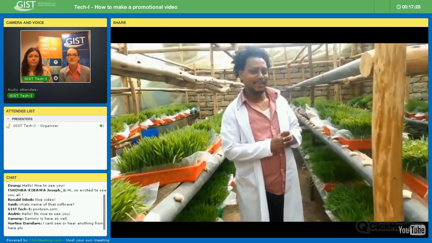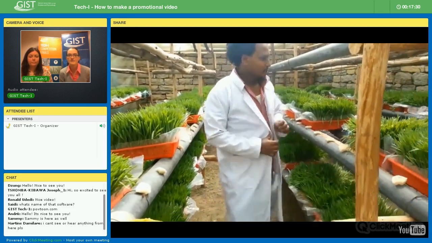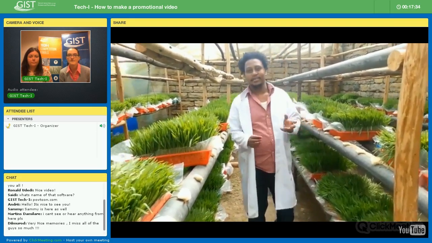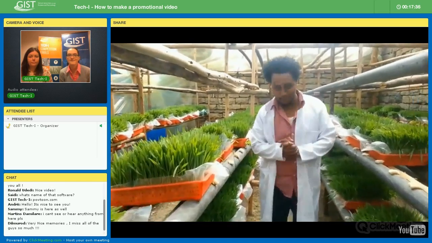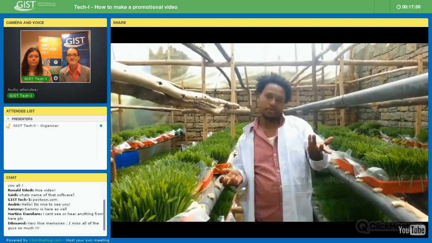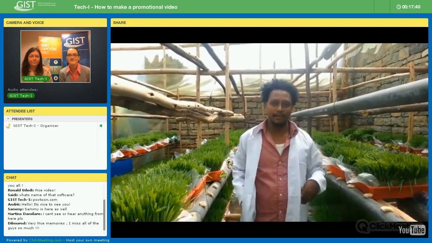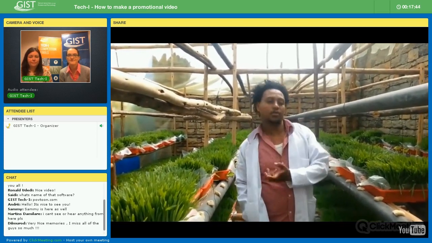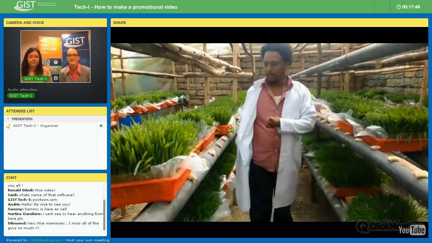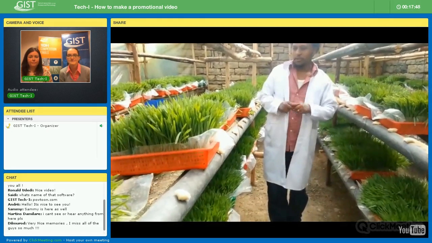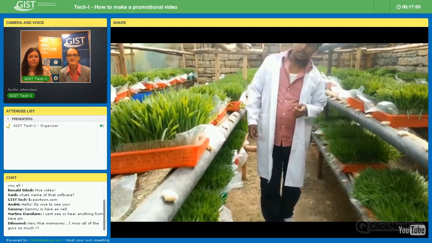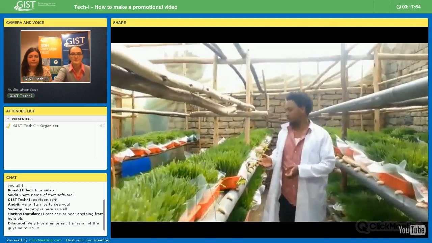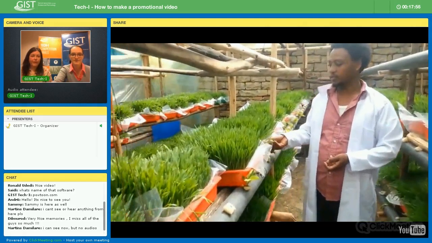To produce 1 kilogram of animal feed, it requires 80 to 90 liters of water in the conventional method. This is reduced to 2 to 3 liters of water under hydroponics. Fourthly, land fertility is not an issue in this technology. Any marginal soil can be used for production of green feed. Fifth, year-round production. If these are the general advantages of hydroponic methods, the following are the product benefits of green feed. One is high.